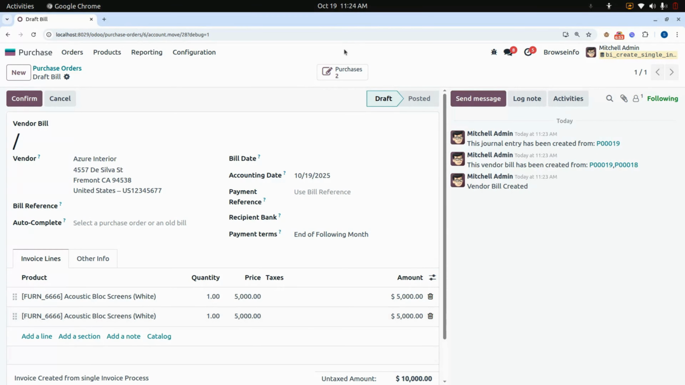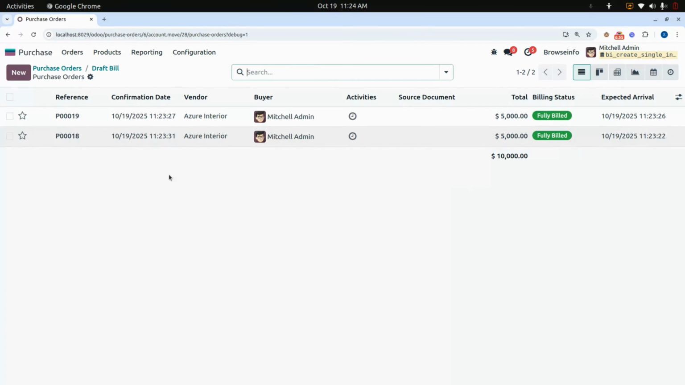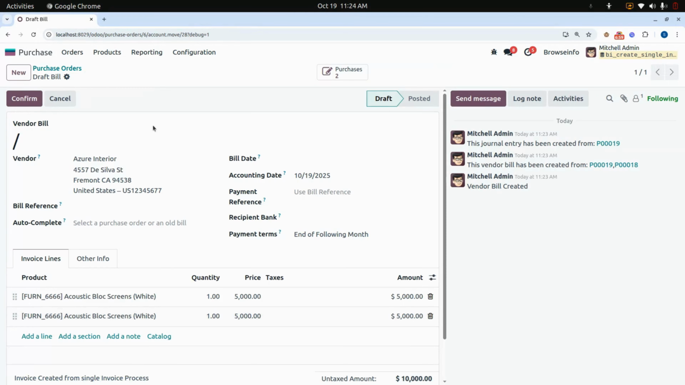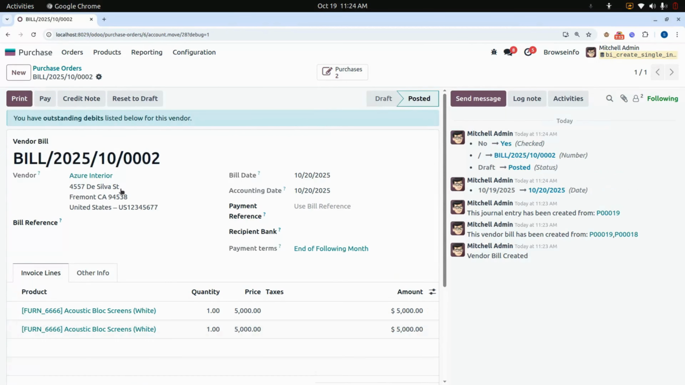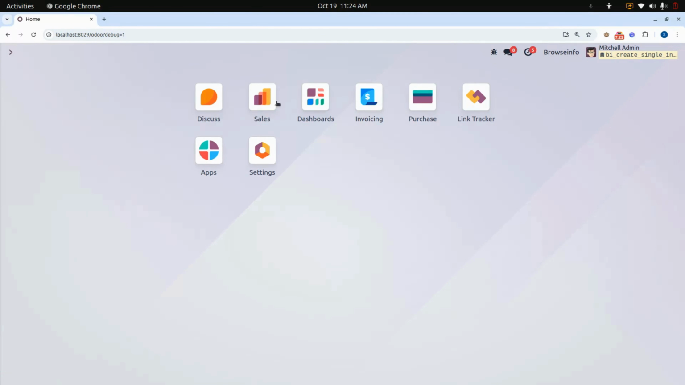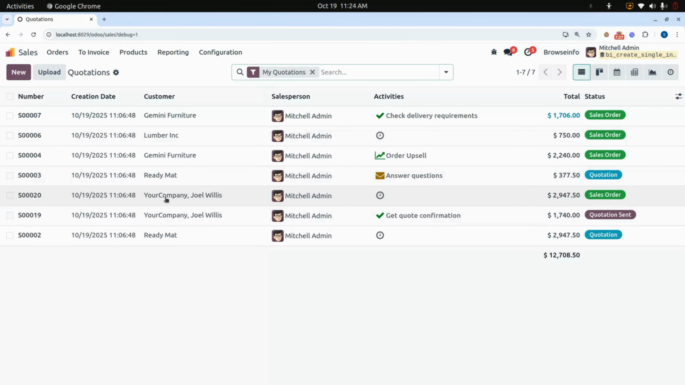Here you can see one smart button for the two purchases for which we have created a single invoice, and I'm going to confirm the same. You can see one single purchase receipt is created for the two requests for quotations, or we can say the purchase orders. Now I'm moving forward with the sales module,